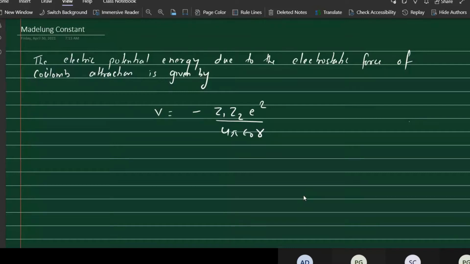Another with Z to E. This is in SI units. This formula is applicable for SI unit. Now,